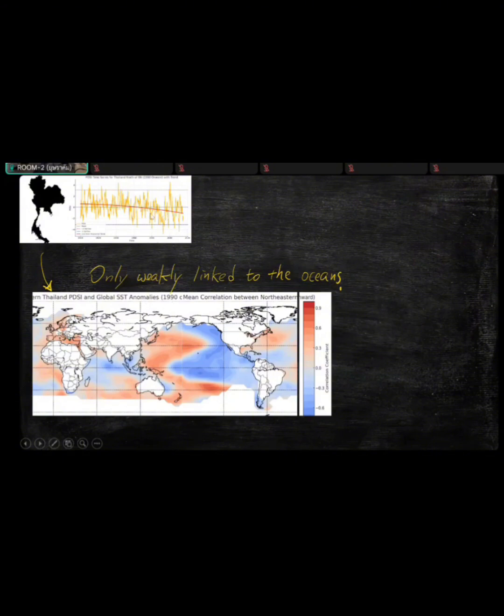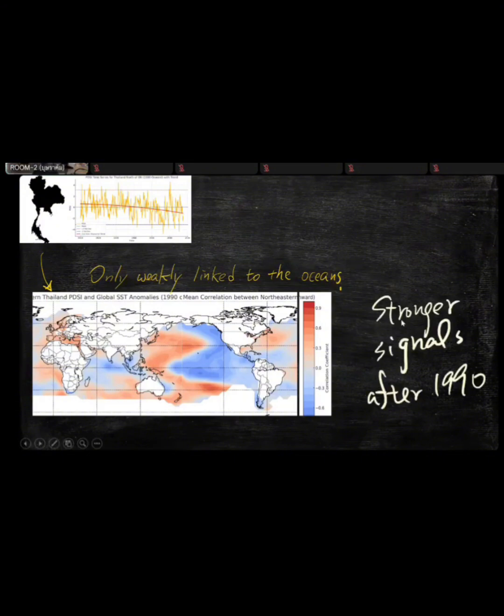Responding to this time series, people would immediately or intuitively think this is an ENSO pattern. And yes, indeed, there are some correlations. The other thing I noticed is that the variability of drought in Thailand is correlating with ocean patterns, or Pacific patterns, more strongly after the 1990s, or I should say after the 1970s, and then starts to pick up to be significant after the 90s. That means that the ocean becomes more and more important in influencing Thailand's drought.